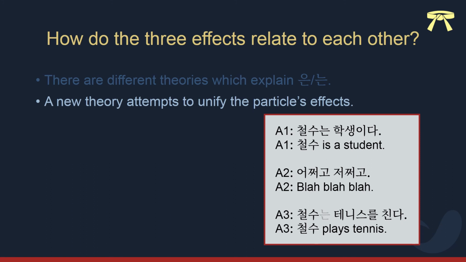Note that if A2 was a topic shift, as in Youngie is a singer, then nun in A3 is required to mark topic. Since Youngie was on the stage, we would need to raise the salience of Chosu again, so that we know the attention is being shifted to him. The salience theory explains why nun is required for topic shifts and contrast, and why nun is inappropriate with continuing